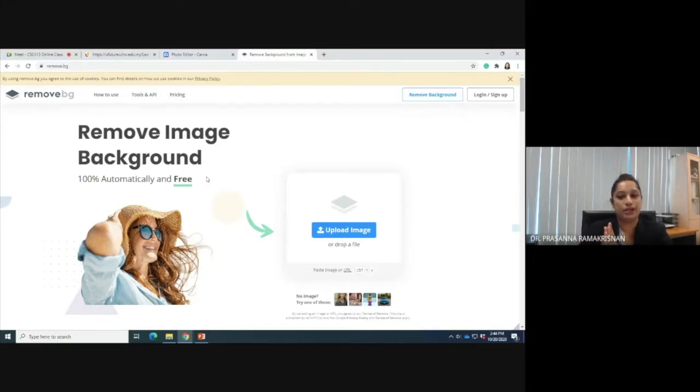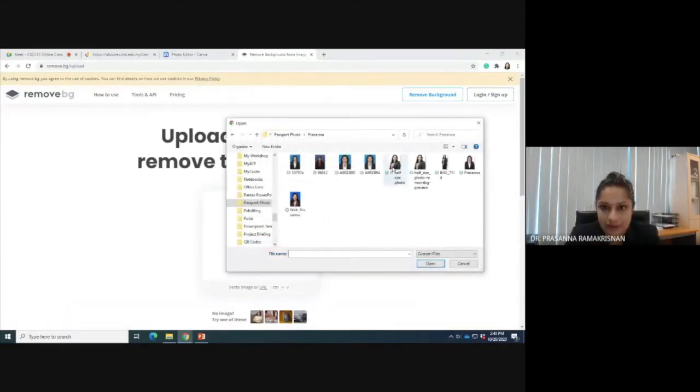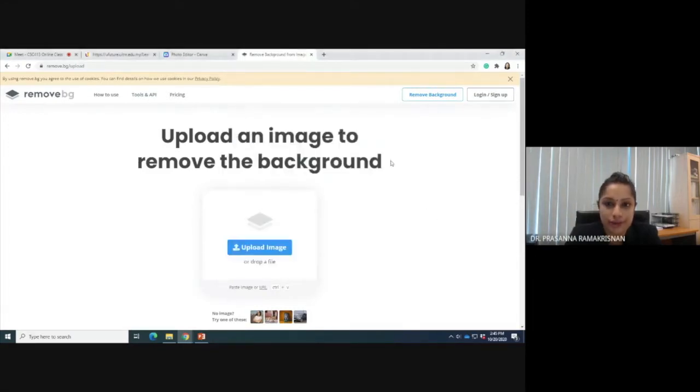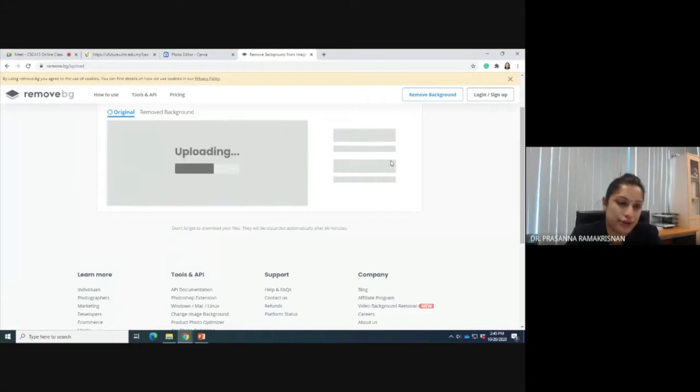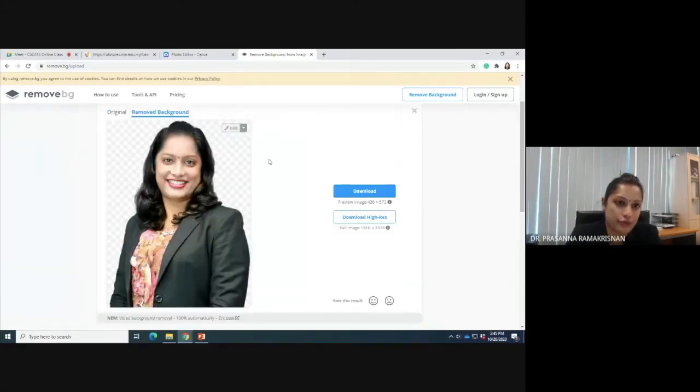Let's say you want to use an image or photo that is taken and you want to use it in your poster or in your resume. You can upload here very easily. Click at upload. Okay, so if you have any photos that you want to remove the background from, for example your passport photo and so on, when you remove, it will be removed immediately for you. So the original goes in with a white or blue background and comes out without anything, and you can download.